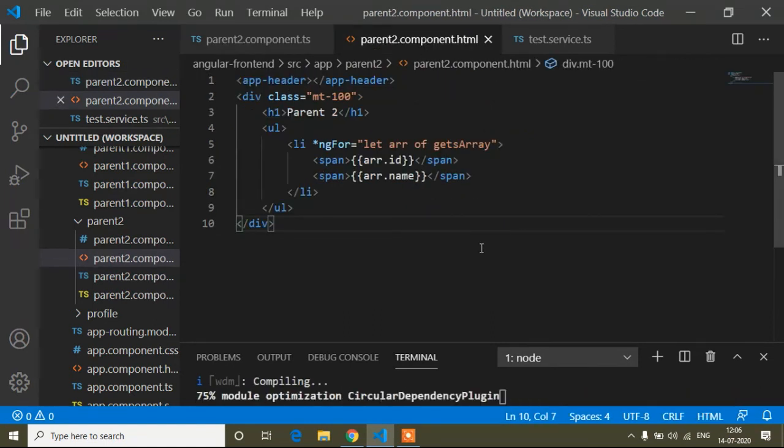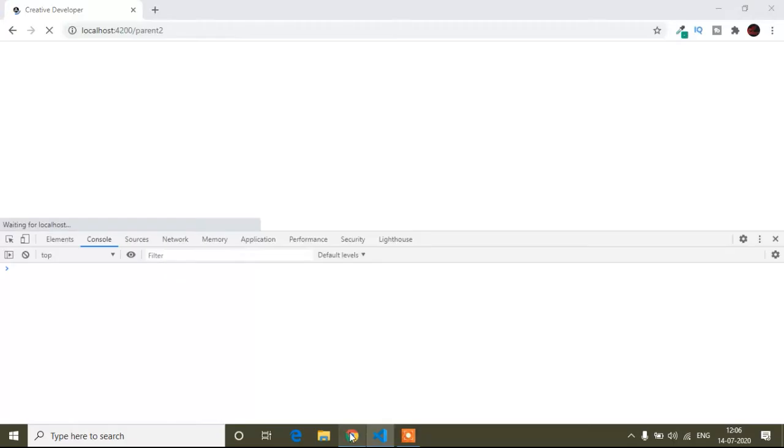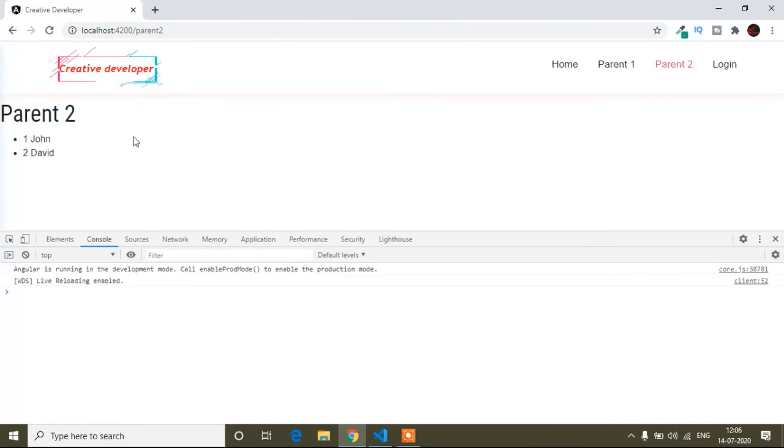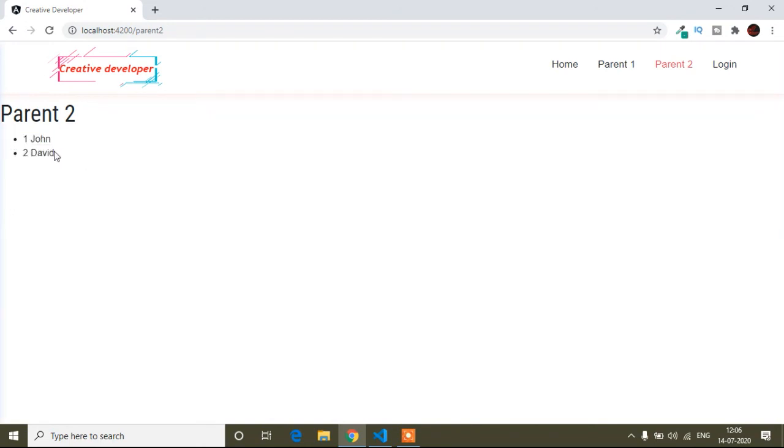I think I missed saving here. So let's see now. I forgot to save. Now you can see it's showing the array in our parent two component also.